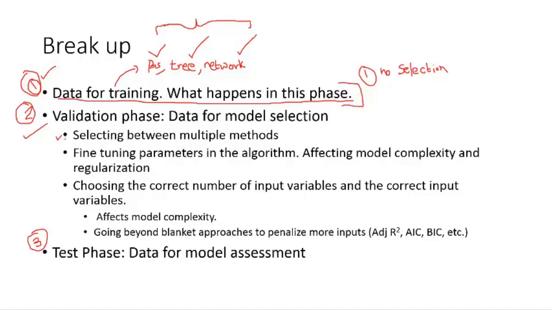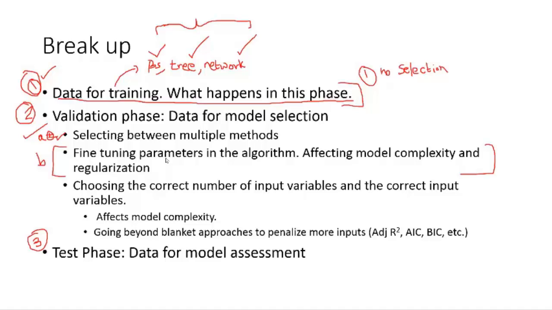We spoke about how you can use that to choose between methods, but more often what we see is that it's used extensively to fine-tune parameters for a given algorithm. So let's say I've decided, at this stage, we've already talked about, let's call this A, B, and C, so we've already talked about 2A. In 2B, what I'm really talking about here is, let's say I've decided that I'm going to use a